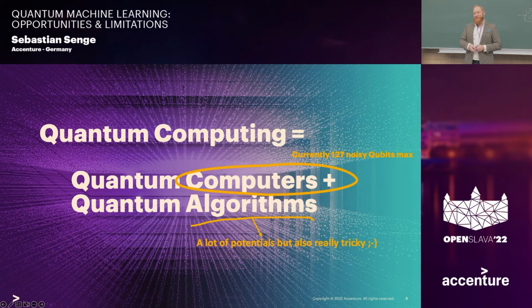If you say that a qubit basically corresponds to a bit in classical computing, you know that with a computer with 127 bits, you cannot do a lot, right? Of course, you can do some tiny problems and experiment with quantum computers,